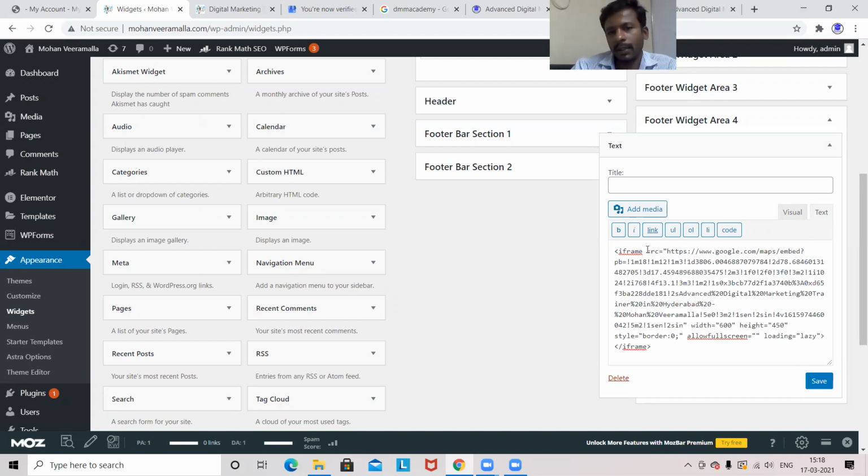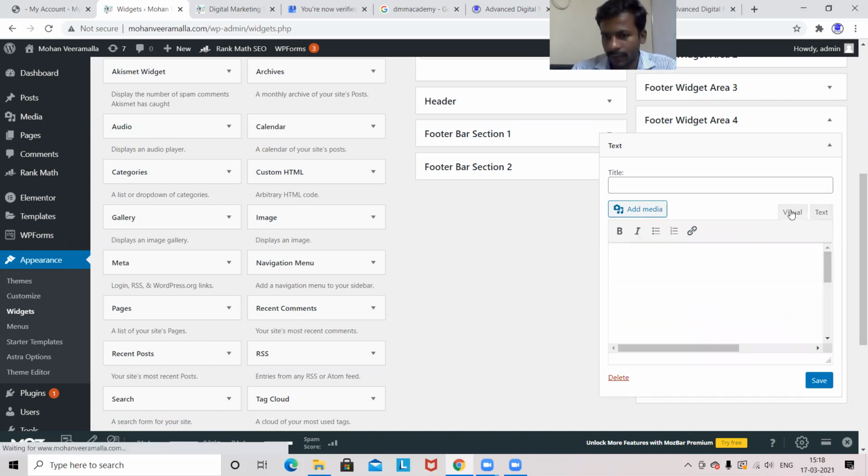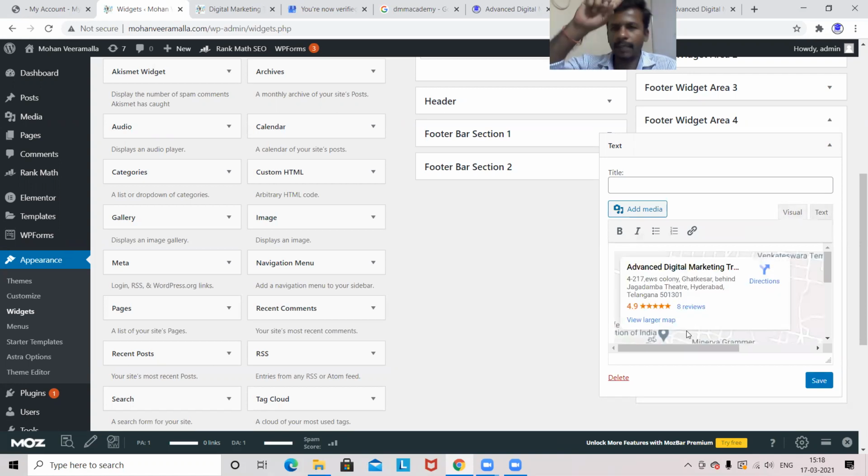In SEO, iframe is one subject. It will suggest if your iframe is not good, your SEO will not perform. Here I can see this iframe, and if I click on visual and I can see a map here, that means I can get a map on the website in the footer part. Okay, so save this section here.